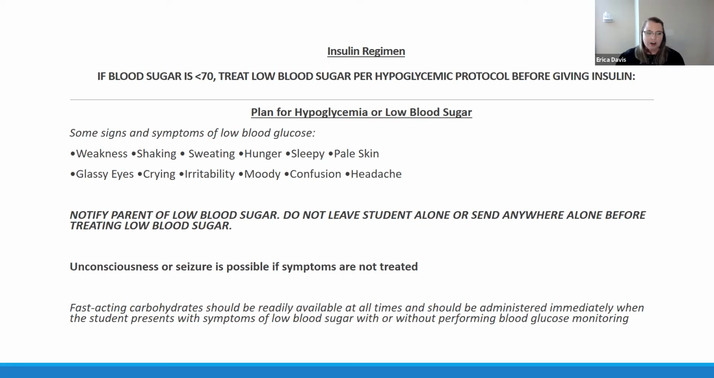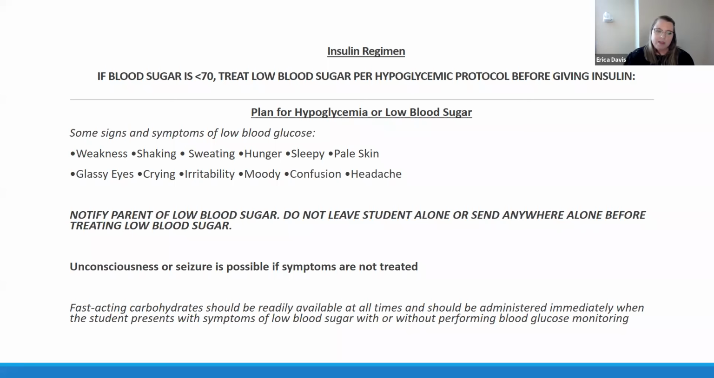Of course, we know that unconsciousness or seizure is possible if symptoms are not treated. We'll go into that a little bit more. So it's very, very important that everyone is on board with knowing how to treat low blood sugar. So anyone that is coming in contact with a child with diabetes. So every teacher, even bus drivers, like everyone just having that community to know how to treat these low blood